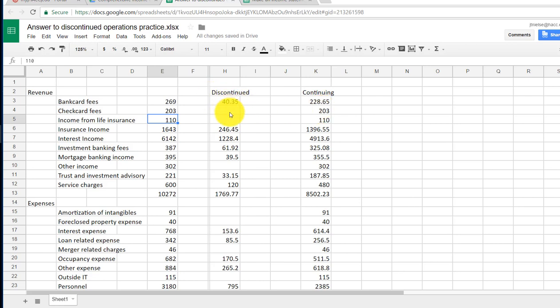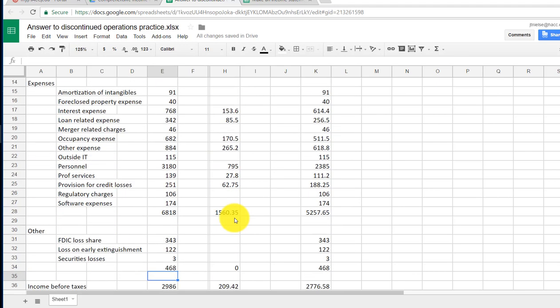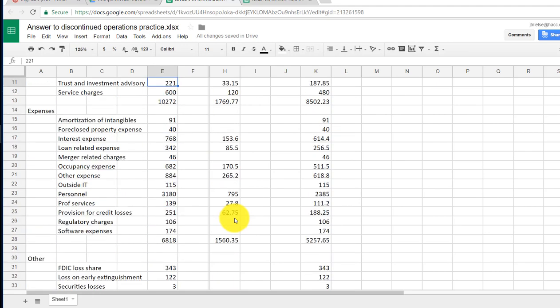So remember those percentages, we're going to apply to each of the items where the percentages were given, and those would be our discontinued. So you have a column. The easiest way to do that is just a column with discontinued, and then below that the expenses that were discontinued. So for the part that's being sold, the revenues for